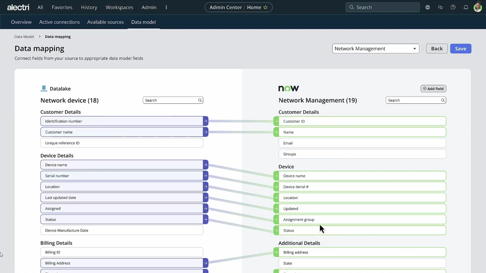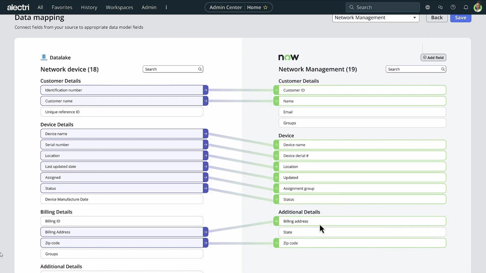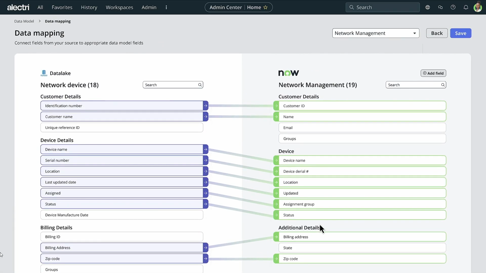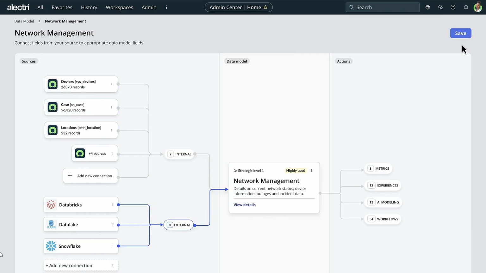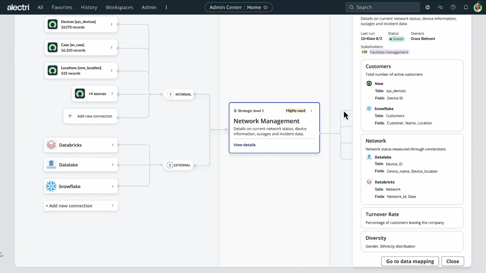And Data Fabric's automated record and field-level mapping takes this network inventory data and harmonizes it into a single data model that can be actioned by any workflow in ServiceNow. After clicking Save, this data is now part of the ServiceNow data model, while the physical data remains external. Data Fabric zero-copy connections act like any other data in ServiceNow and can be used to build AI workflows or power skills for AI agents, all while keeping data where it resides. Let's see how this works in action.